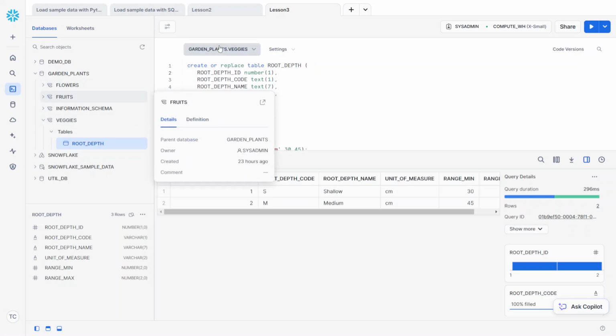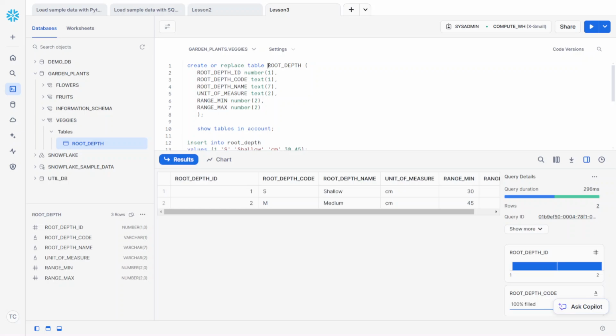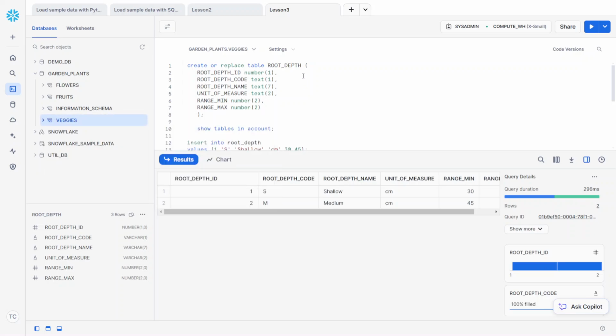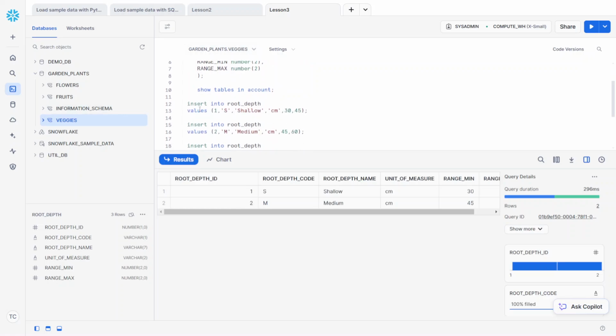But make sure you set the context, or you can use the dot prefix with database dot schema dot if you want to. So once you create the table, you can insert the row, and you can see the table is here,